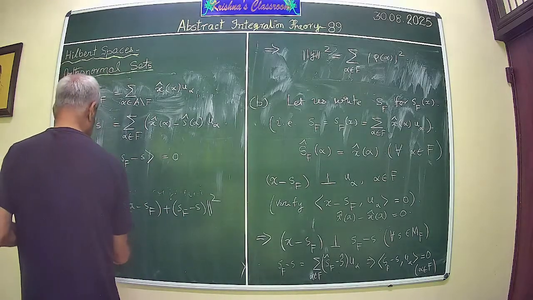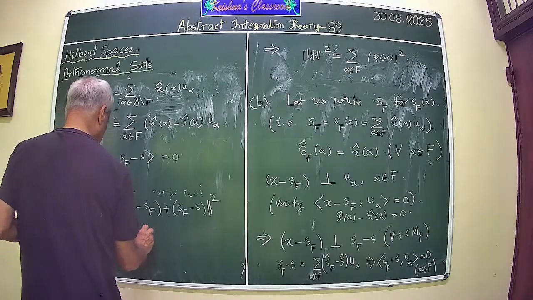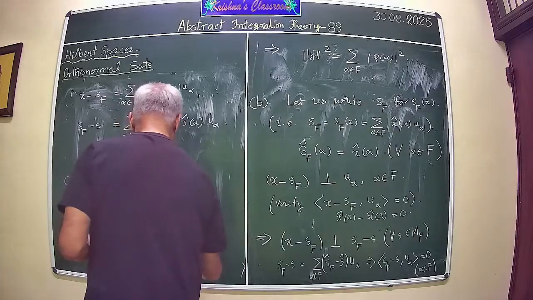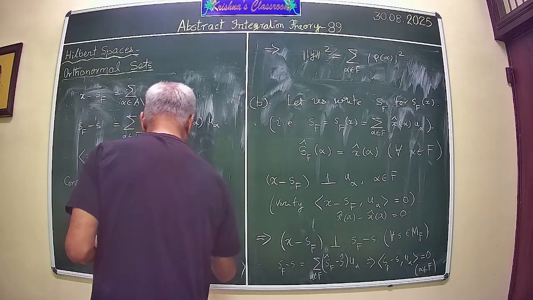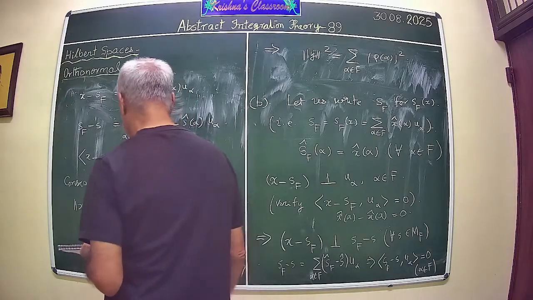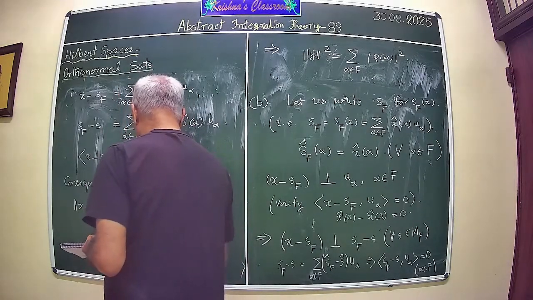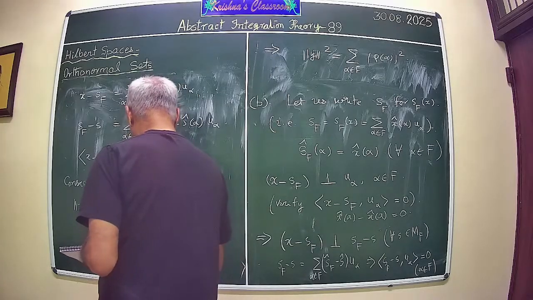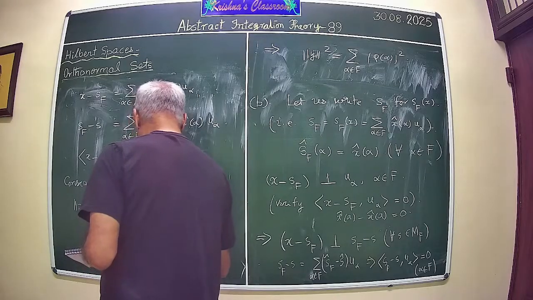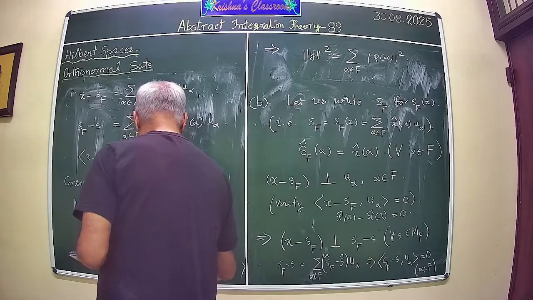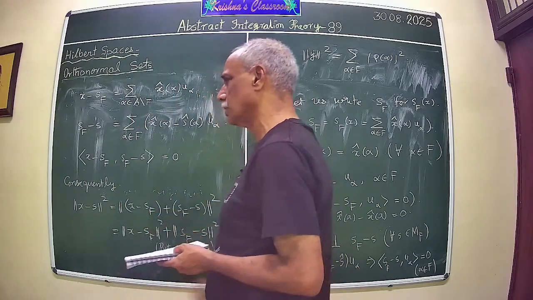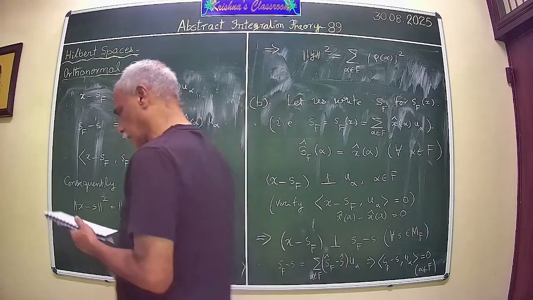Therefore, this is equal to, this is what you call the Parseval's equality or the Pythagoras theorem for these two vectors, because these two vectors are mutually orthogonal. Therefore, you get this result,